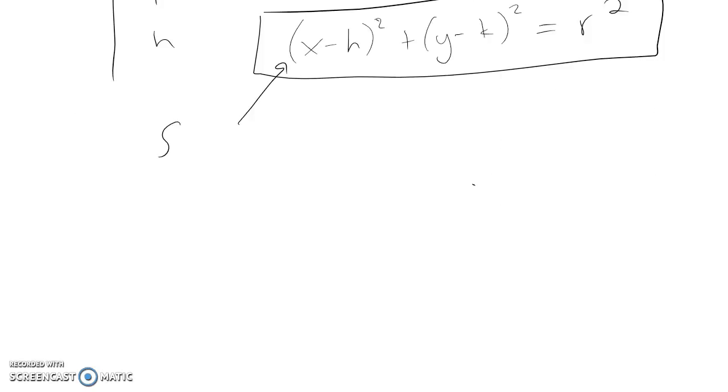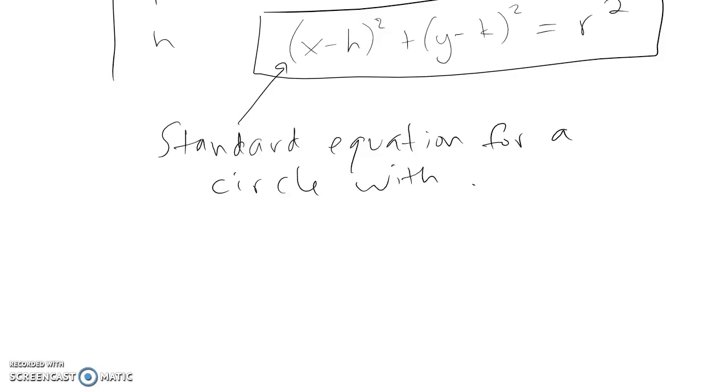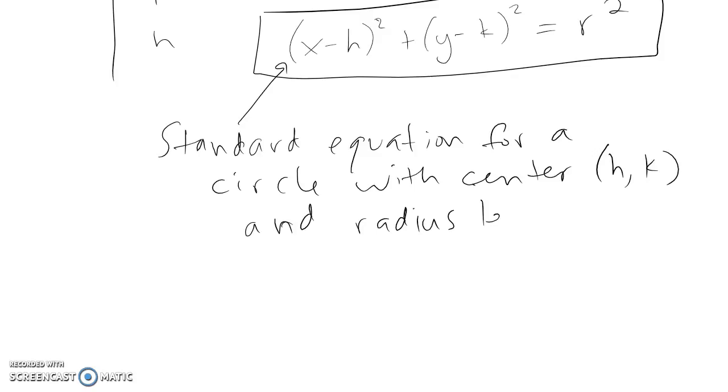This is the standard equation for a circle with center (h, k) and radius of length r. Notice that the equation has 2 minuses in both of the terms that are added together. Okay? So if we're asked a question like